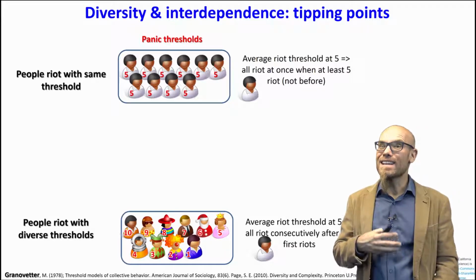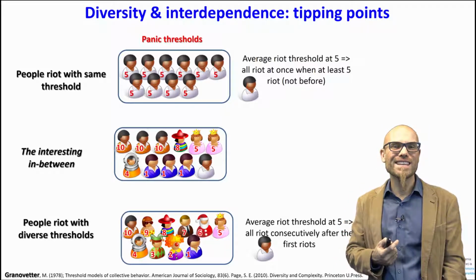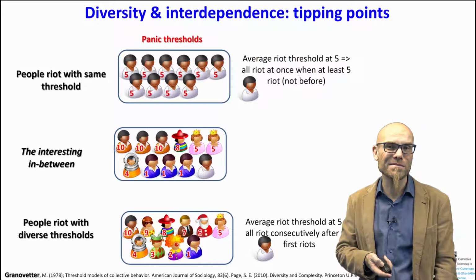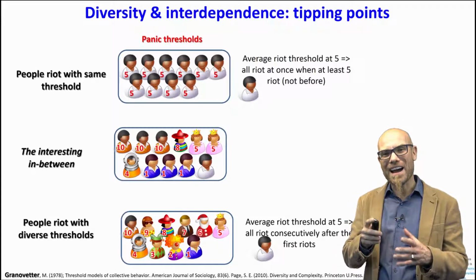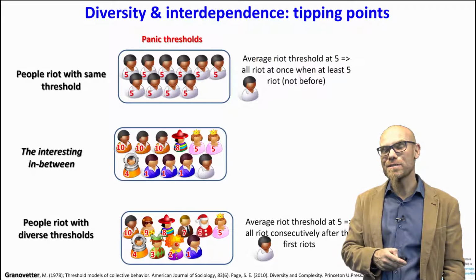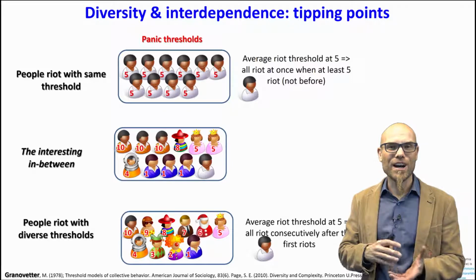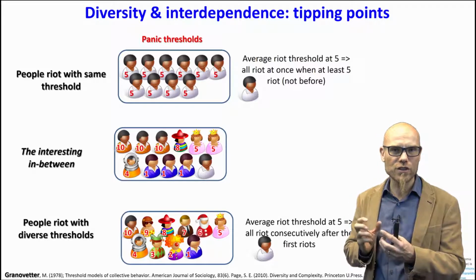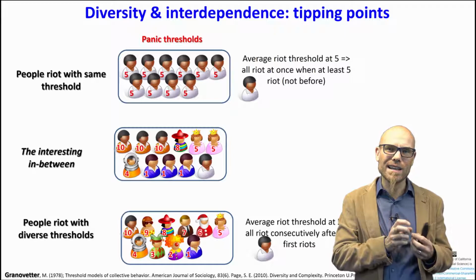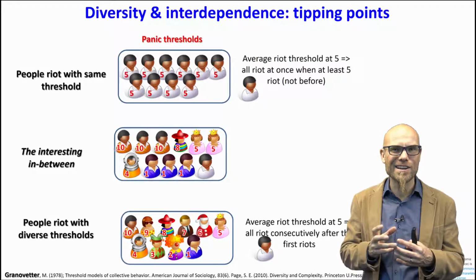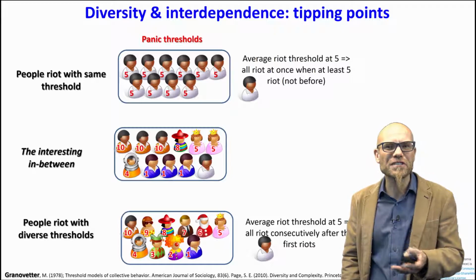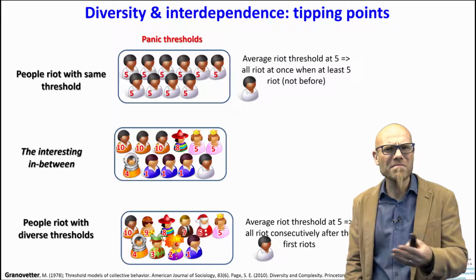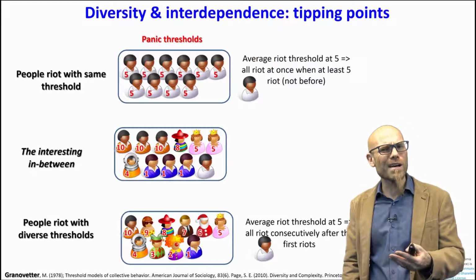Now, the interesting thing is what Scott Page often calls the interesting in-between. That's where social systems, or complex adaptive systems in general, most often find themselves. So you have a diversity of rioting thresholds. In your agent-based model, you would program a certain percentage of your population with one characteristic, another smaller or bigger percentage with some other characteristics, and then see what happens, just like in society. We're not a continuum between everything. We are also not all the same. We are somehow similar, but also somehow different.